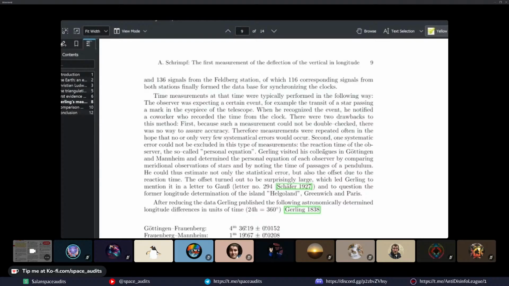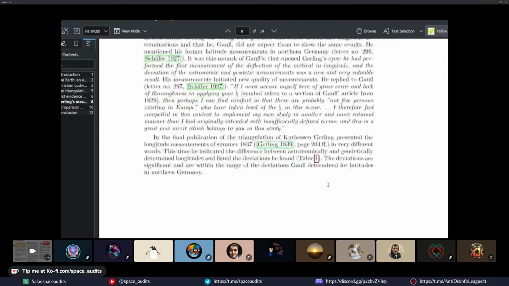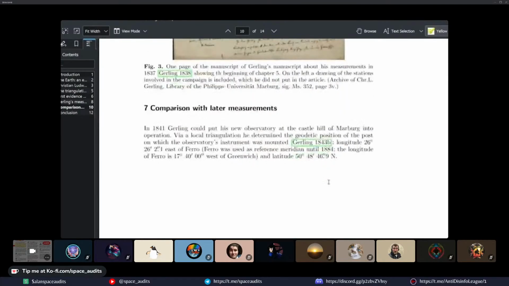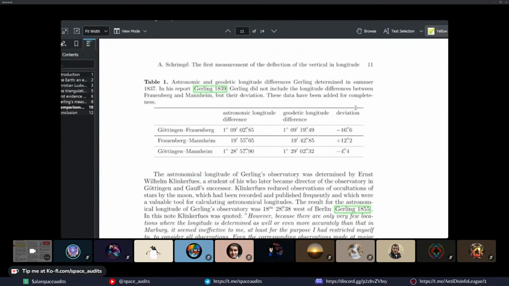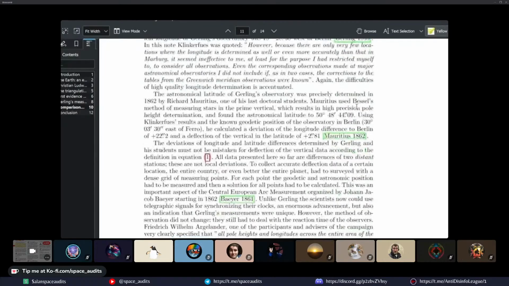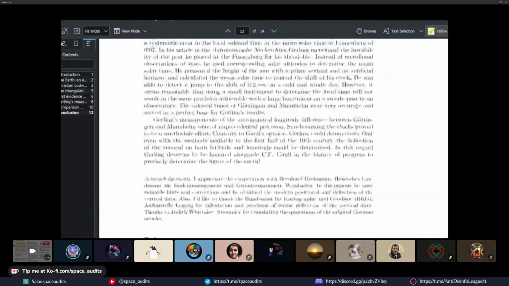See, the precision of the results is remarkable. An error not greater than 0.025 seconds on the time scale. So by looking at the astronomical correlation, he was able to fix it. And it correlated with later measurements, of course, via the longitude, latitude corrections. Taking a look at the conclusion here, it just goes into exactly what we were talking about. The importance of the deflection of the vertical,